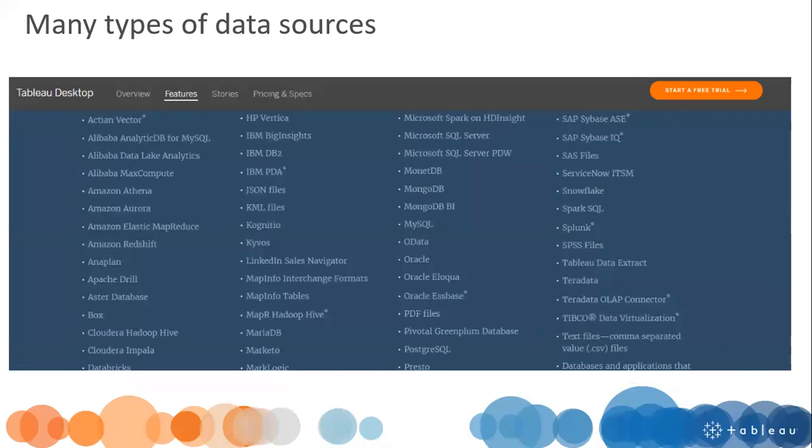So there are lots of different data sources. In Tableau Desktop, you'll see all these different types of data sources. You could use PDF files. You could use SPSS files. Typically, and I've been using data in my work since the 1990s,